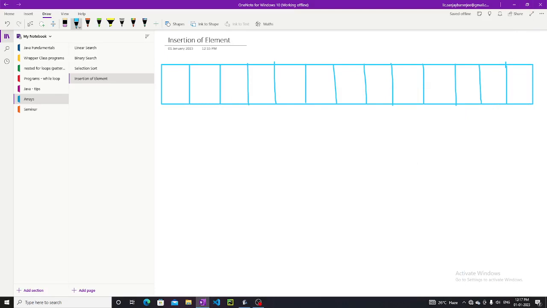Today I am going to make a new video on arrays. Our topic will be insertion of an element inside an array. How to insert a particular element, for example, say it is n, inside this